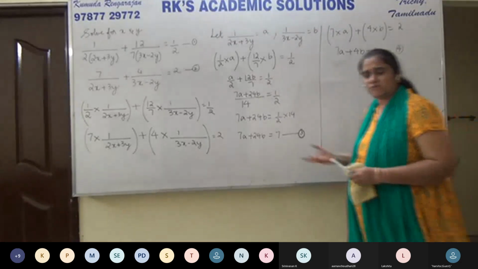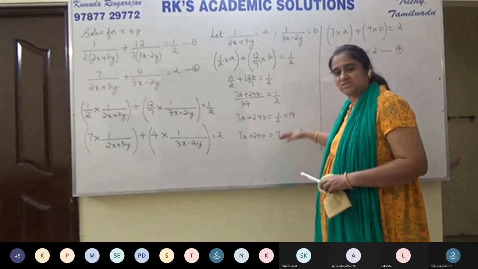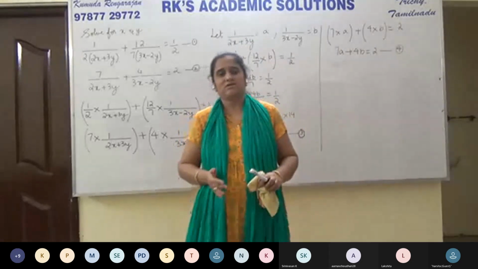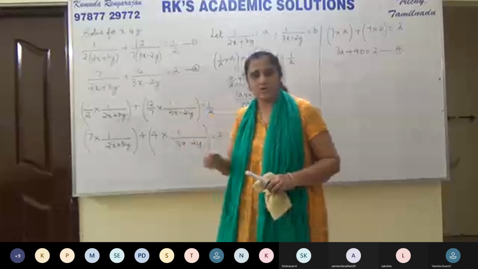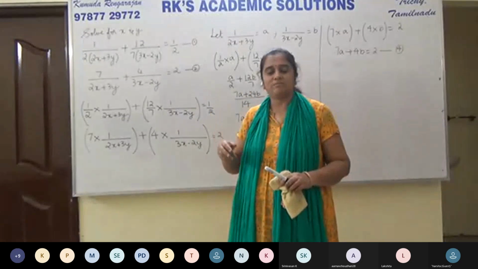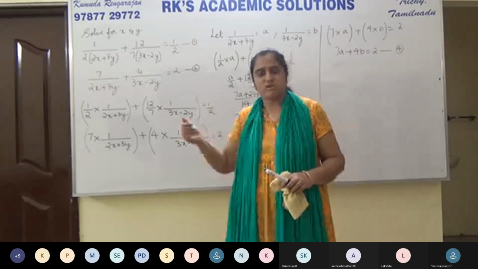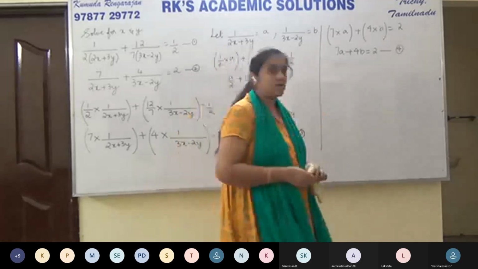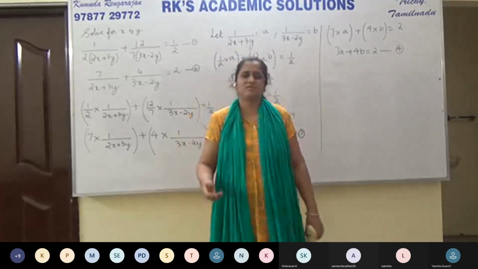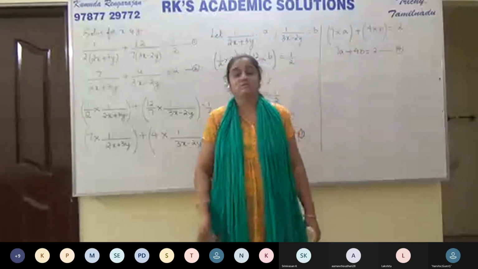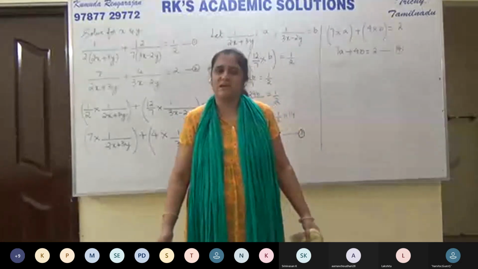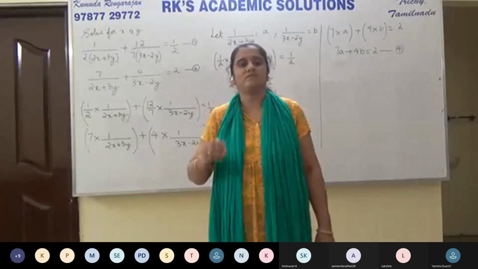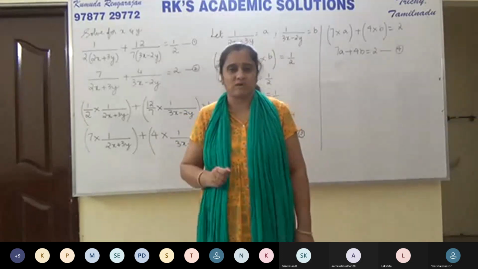Now it's simple. Now you know what to do. We have equations 3 and 4, which are from equations 1 and 2. Using a and b in equations 1 and 2, we get equations 3 and 4. Now solve these two equations. Which method to use? Any method: elimination method, substitution method, cross multiplication method. We have to solve equations 1 and 2 and find x and y.